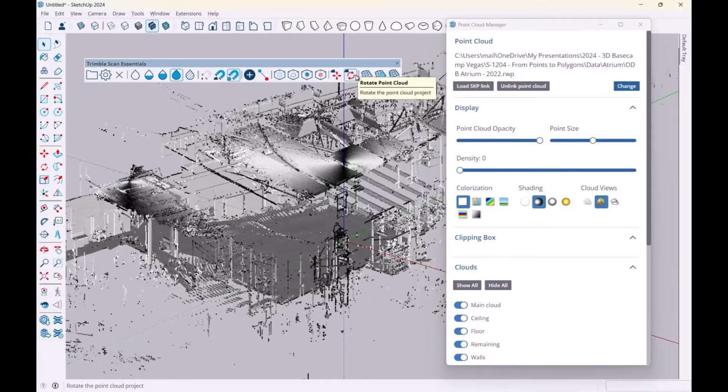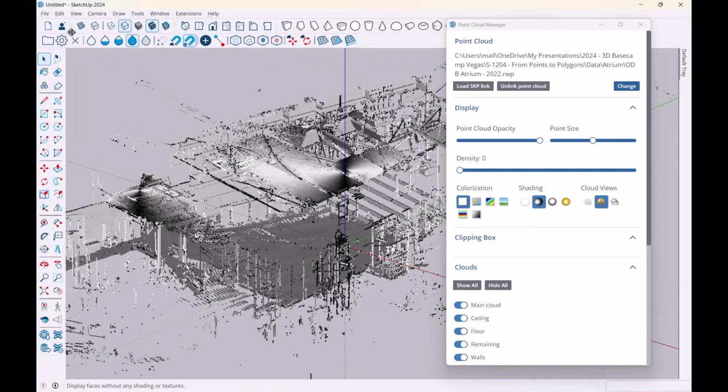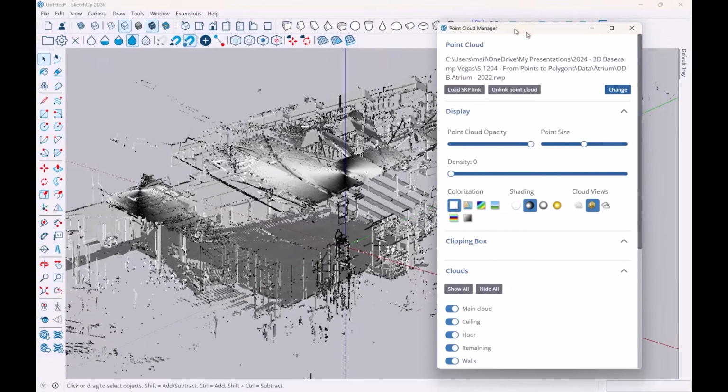Then we talked about moving and rotating a point cloud a second ago, and then the last few are a great feature to actually make a ground mesh from a point cloud automatically, which is creating terrain, and I'll show you that as well. Okay, so that's a bit of an overview of the point cloud manager and the toolbar